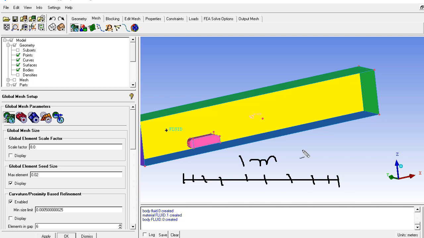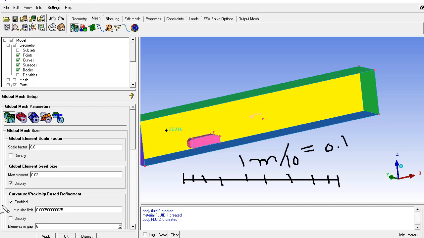If we divide by 10, this is going to be 0.1. This is the size we are going to specify here. In this case the size is 0.1, but for the case we are talking about, the size is 0.02. So finally the size will be 0.02 times 8, which is 0.16.